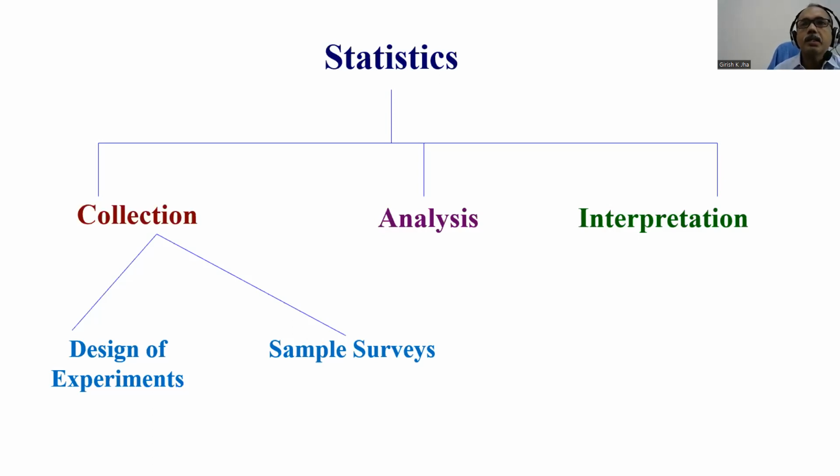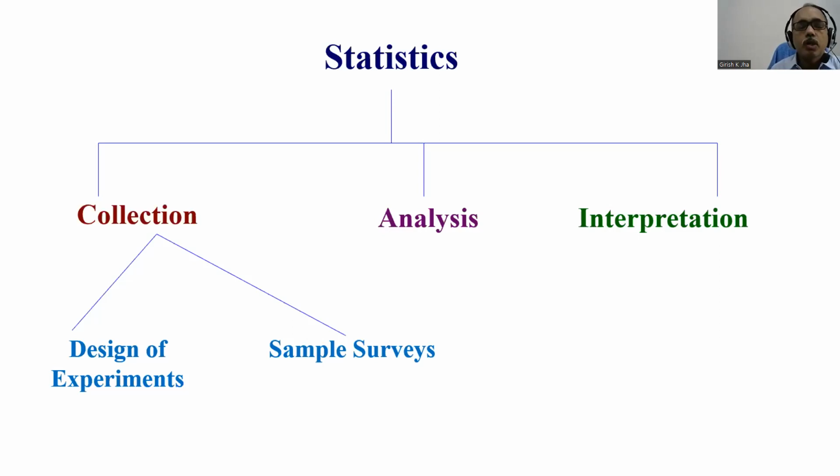So data can be collected. You see, if you are a plant breeder, an agronomist, what happens? You develop a variety and you want to test that variety against the existing variety. What you want is that the difference should be only between your genotype and the existing genotype. All other externalities, be it soil type, be it package and practice, any other things should be a